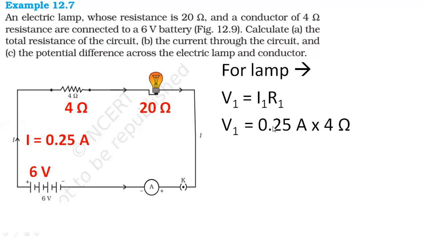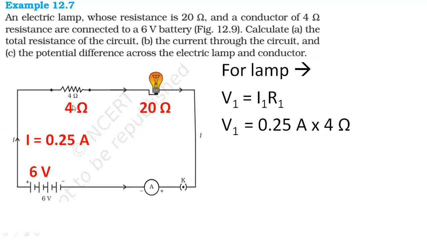that 0.25 into... 4 ohm. Okay, fine. So I have made a mistake here. What I've done is, instead of taking the lamp value, I have taken the resistor value. So do one thing. In place of lamp, first just assume that we are calculating for this resistor. So just cut that word lamp. It is just for this resistor. So the value of this resistance is 4 ohm, and I can multiply with the total current which is available.